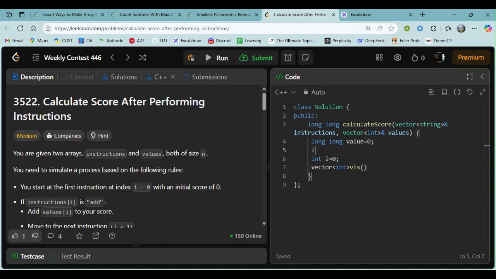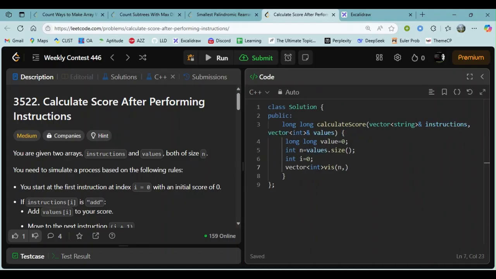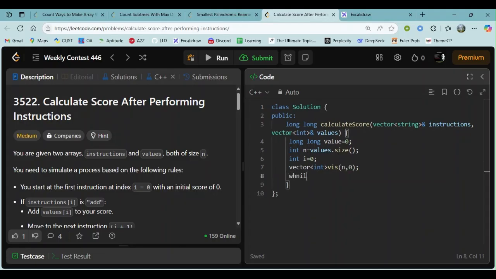The size will be n, so for that int n equals values dot size, and first mark all the indexes as not true. Okay, so we will traverse the loop while our i is greater than or equal to 0 and our i is less than n, and we have not visited this index earlier.